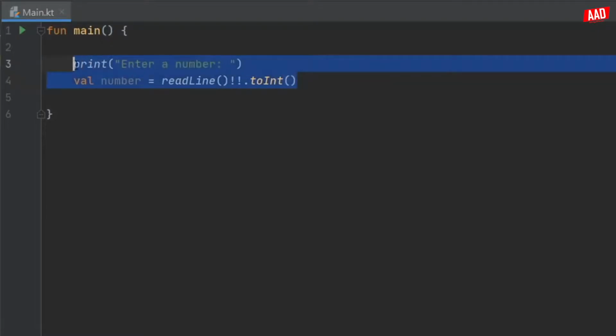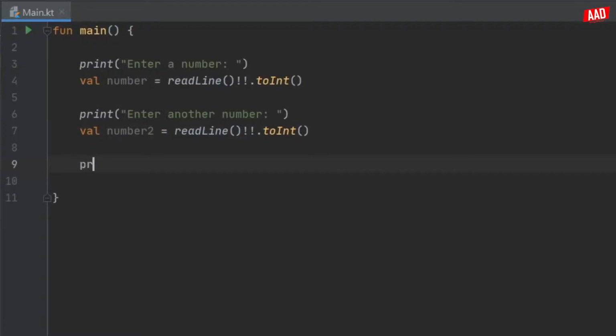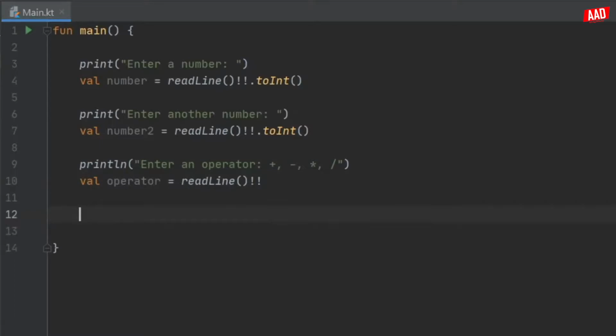Then we're going to copy and paste this real quick. It's going to be "enter another number", and it's going to be number2. So there we go. And then down here we're going to write println, and it's going to say "enter an operator", and we're going to have plus, minus, asterisk symbol, or slash. Then we're going to write val operator equals readLine,